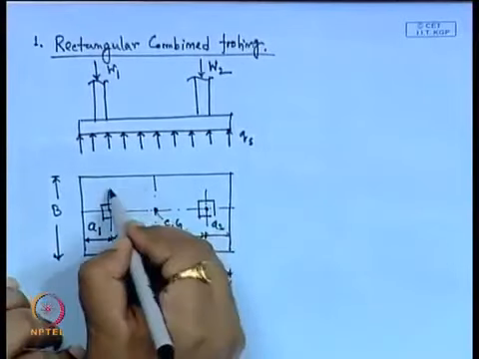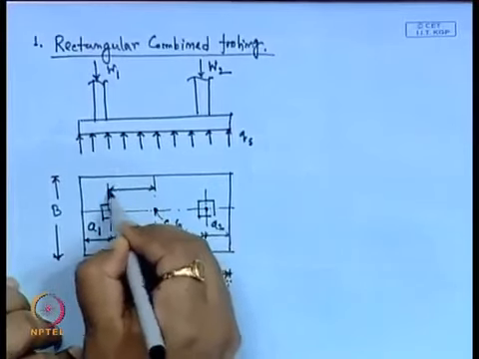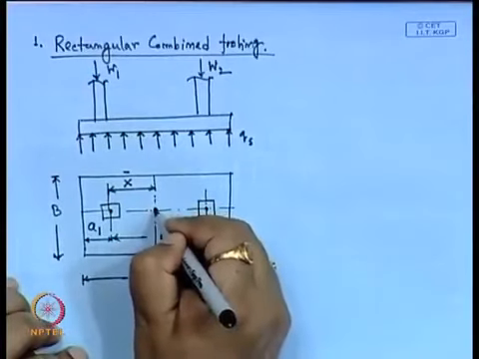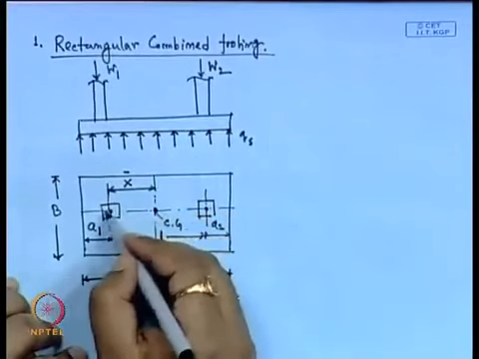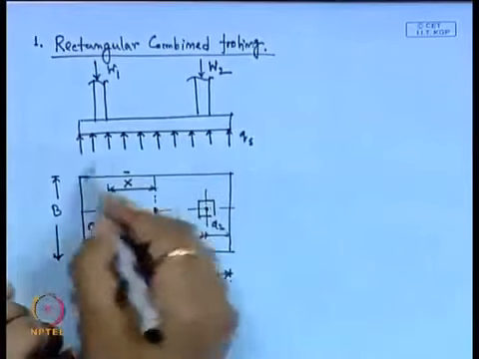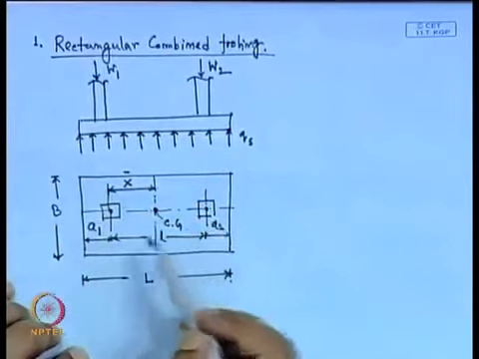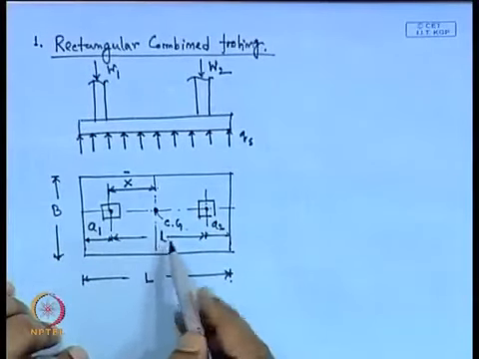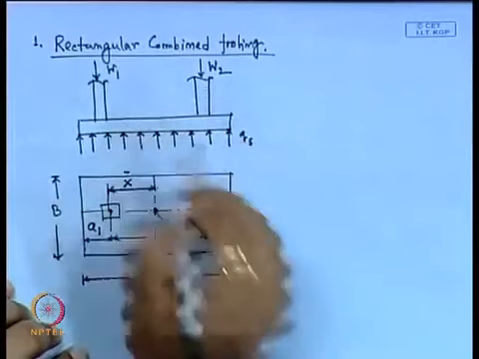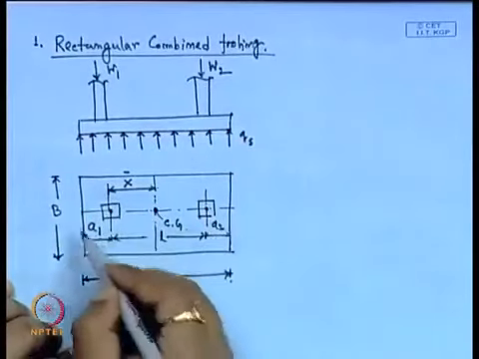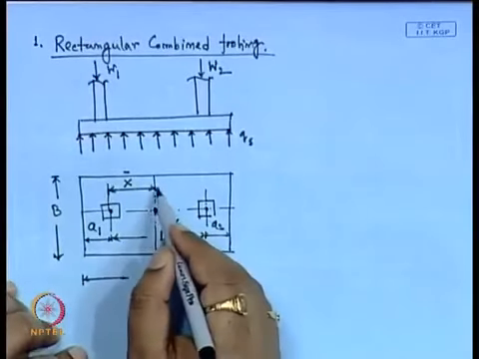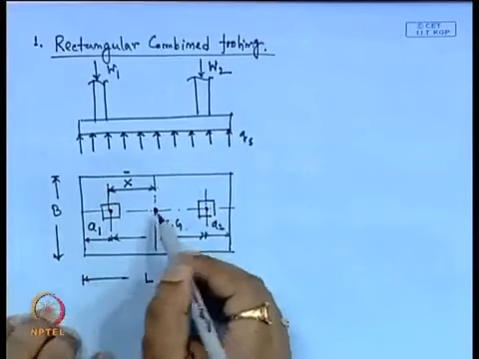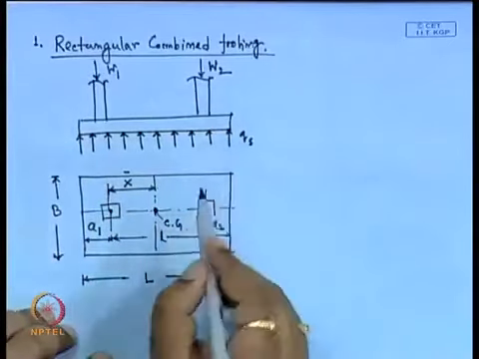Now, x bar is the distance from the centroid of the total combined footing to the center of the first column. Now, we have to choose the dimensions A1, A2, B and L, because small l is known, that is the center to center distance between the columns. We have to choose A1, A2, B, L such that the resultant force, that means W1 and W2, these two forces acting on the columns,